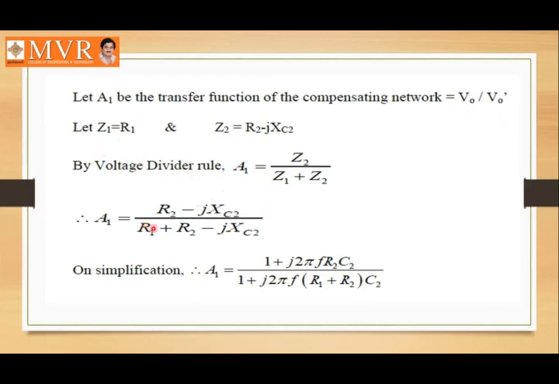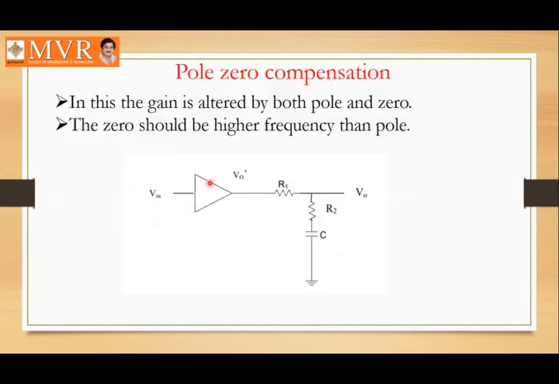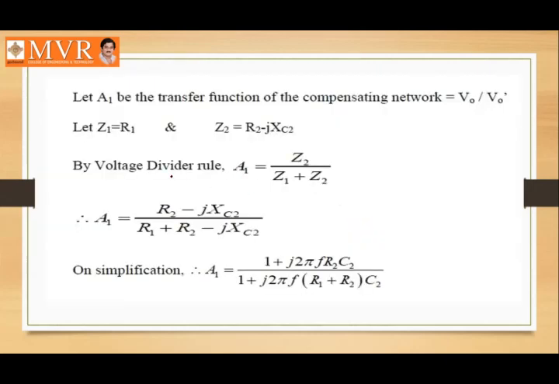So where are we going to take this Z1? We are going to consider the impedance. Here we consider this as Z1 and this as Z2. So when we are considering these two, then our equation: Z1 is equal to